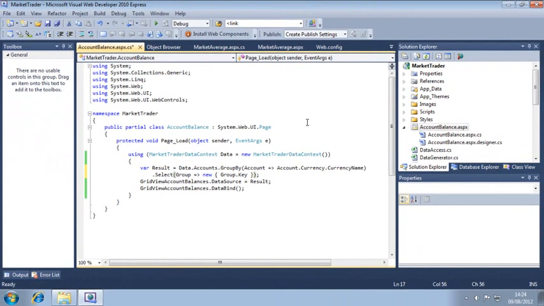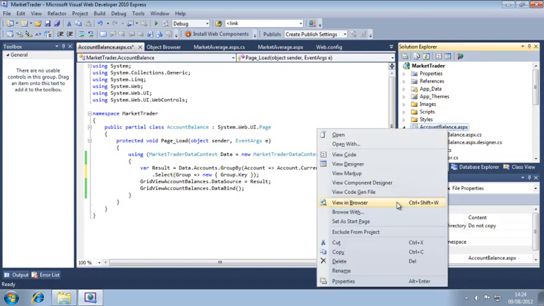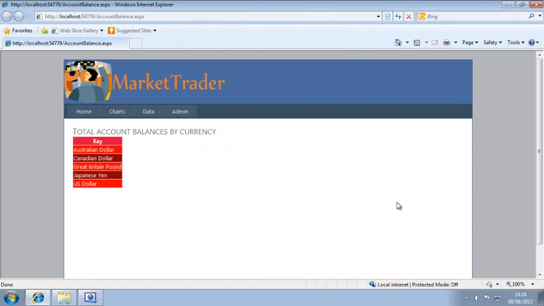View accountbalance.aspx in your web browser again, and this time the names of each of the groups are returned. Next, you're going to add an anonymous type to sum the account balances for each group. Close your web browser